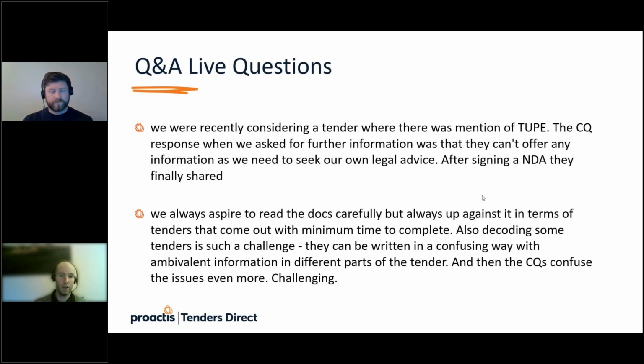So this is a really interesting point, and TUPE is a minefield, to be honest, within bidding. For anyone that doesn't know, it's about the existing staff that are working on the contract that would be transferred over to you if you're successful in winning the work. The idea that you could take them on without understanding their salaries, their job specification, job roles, what their contracts look like, how many hours they're working. The idea that you can reasonably make a judgment about whether or not you can profitably deliver that contract is crazy. You'd have to have that information to be able to make that decision. So, yeah, it would be a red flag.